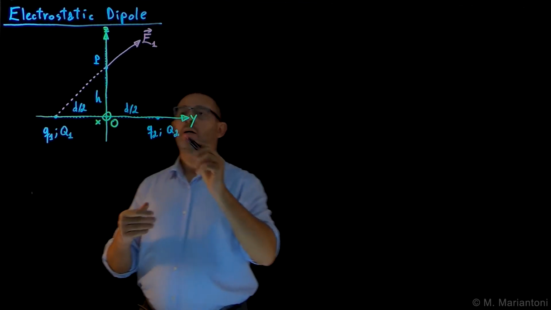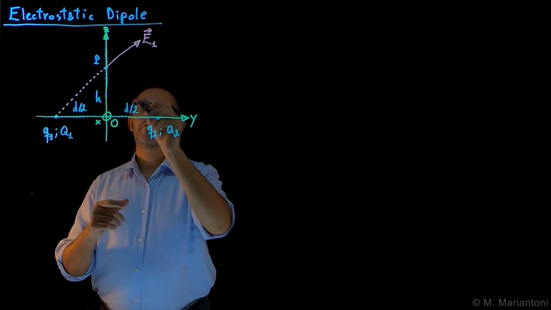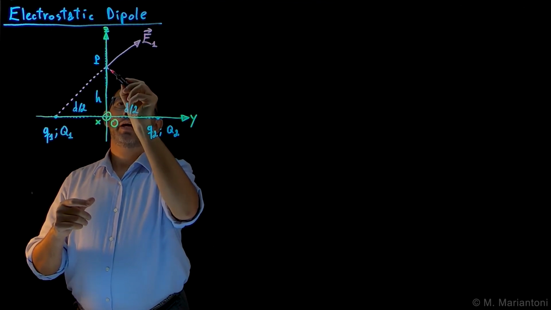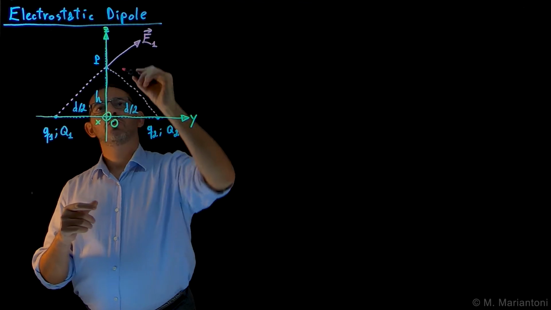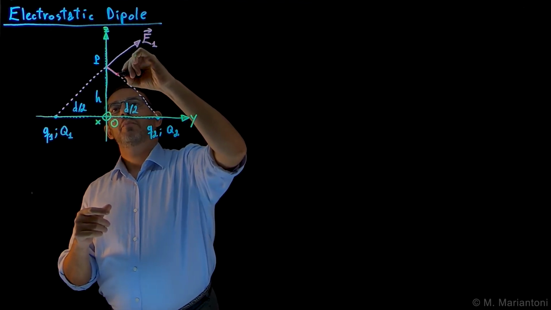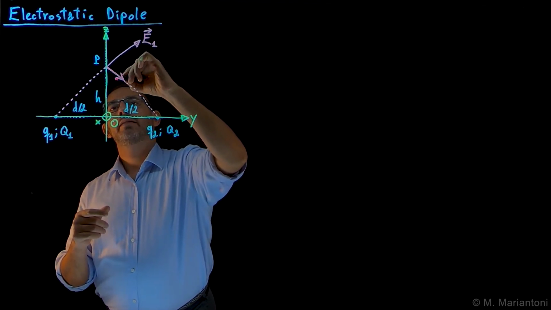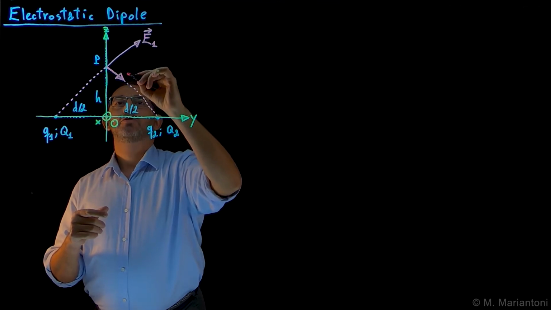Similarly, because of Coulomb's law, Q2 will generate a vector in this direction connecting P with Q2. Since we also don't know anything about Q2, let's say that this is the vector field E2